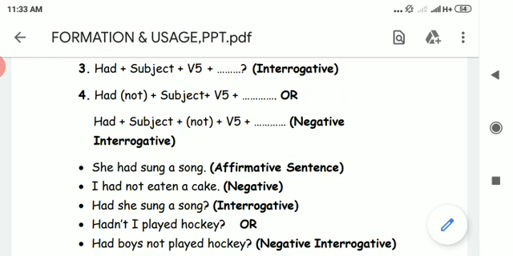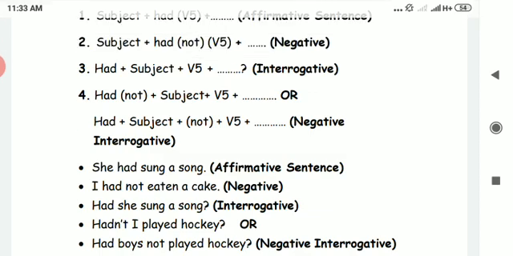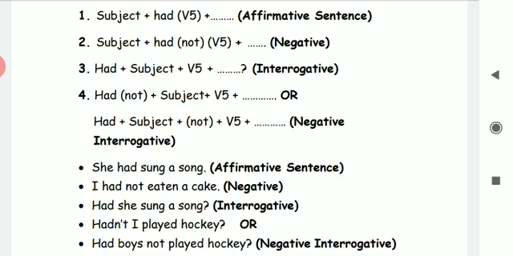That means if you want to recognize any sentence, whether it is a past perfect or not, the easy way to recognize is you have to identify whether had has been used or not. If had auxiliary is there, then you have to identify just one thing, that is V5, whether the verb is in V5 case or not. If it is in V5 cases, obviously it's considered to be past perfect tense.